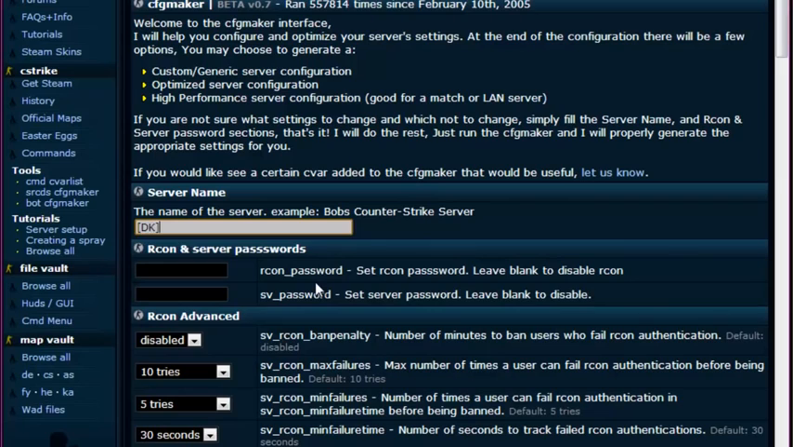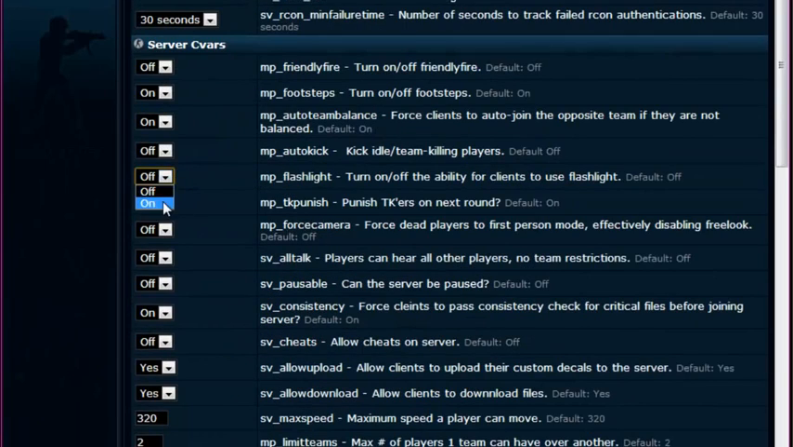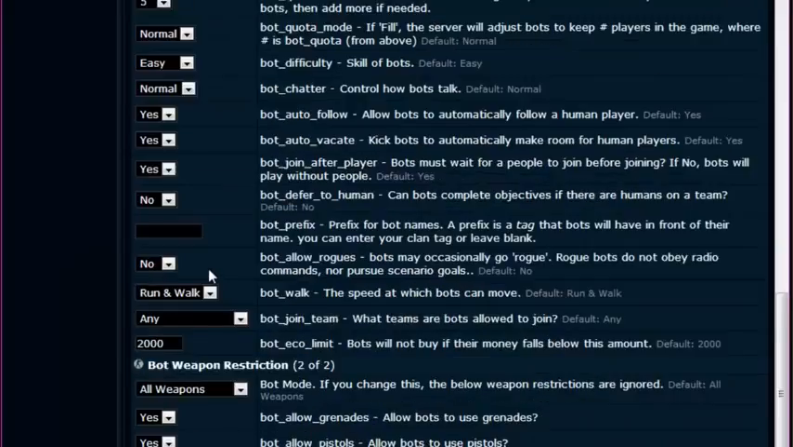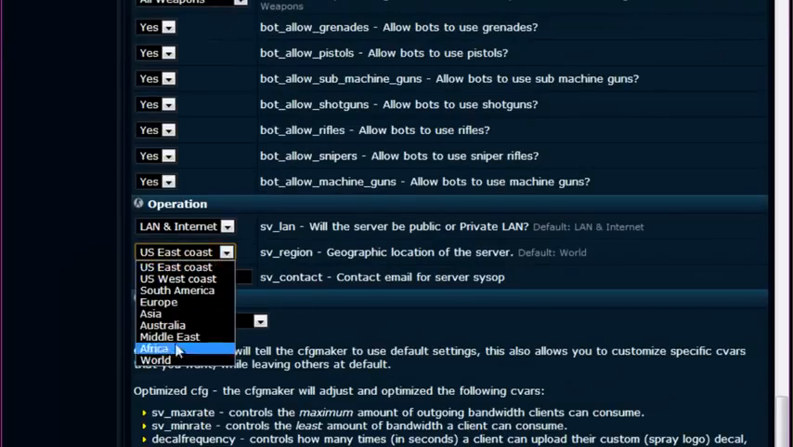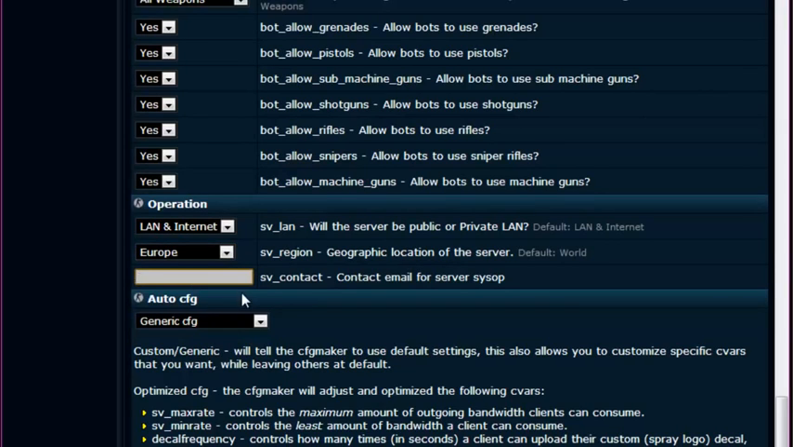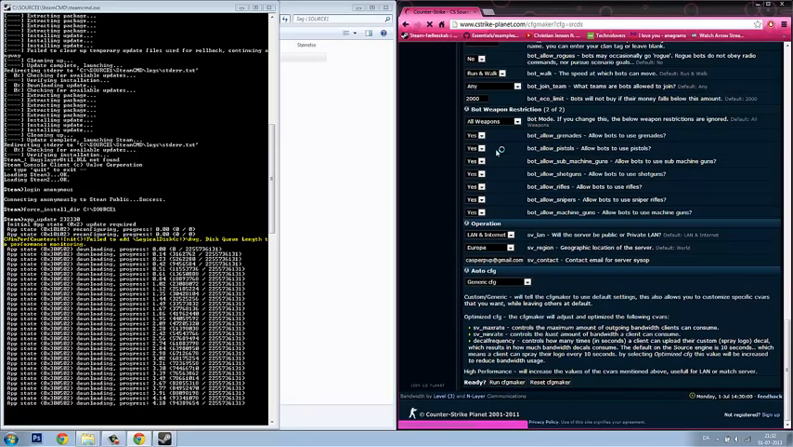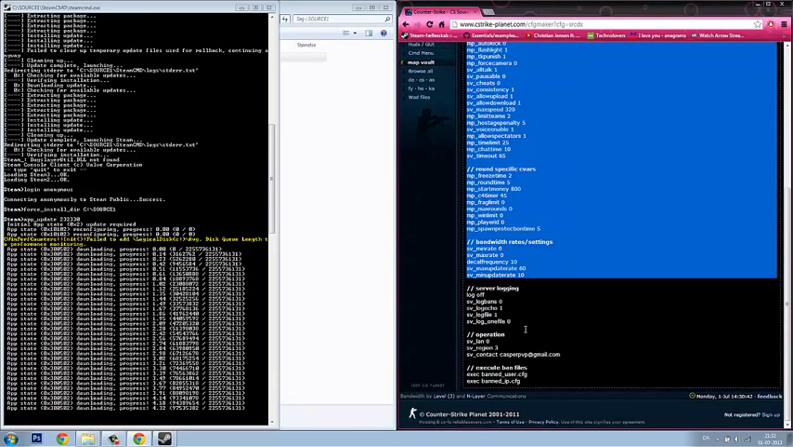DM and FFA host name, server by Bilberg. I con password 1324 and flashlight on, as we talk on, and the freeze time is enormous, so I will reduce that to 2 seconds. And I will go down here and I will say the region Europe, and this is just my own Gmail. I'm gonna hit the run CFG maker. I'm gonna copy this,